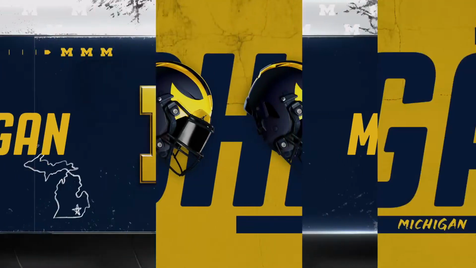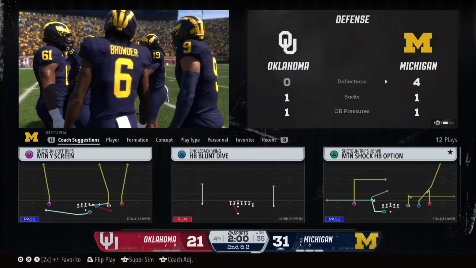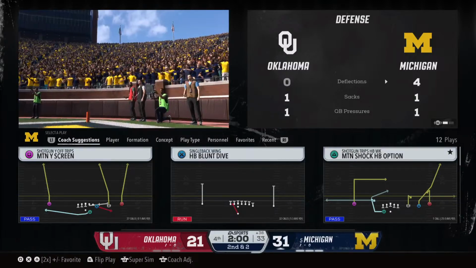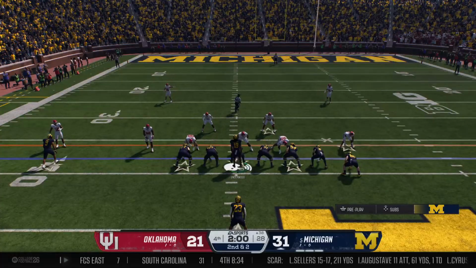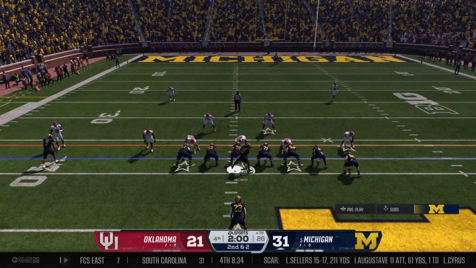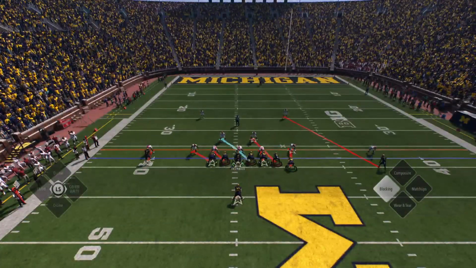We've reached the 2-minute timeout, and they have this game in hand right now. But we'll see just how aggressive they want to be on offense. All right, second down and short. Wolverines with Bryce, second and short, under center. Keep this drive moving. Single back wing formation. Bryce identifying the Mike. Check the blocking.